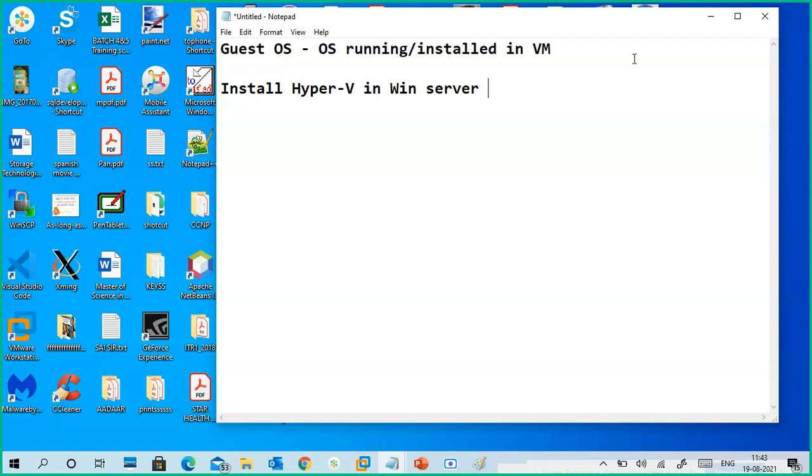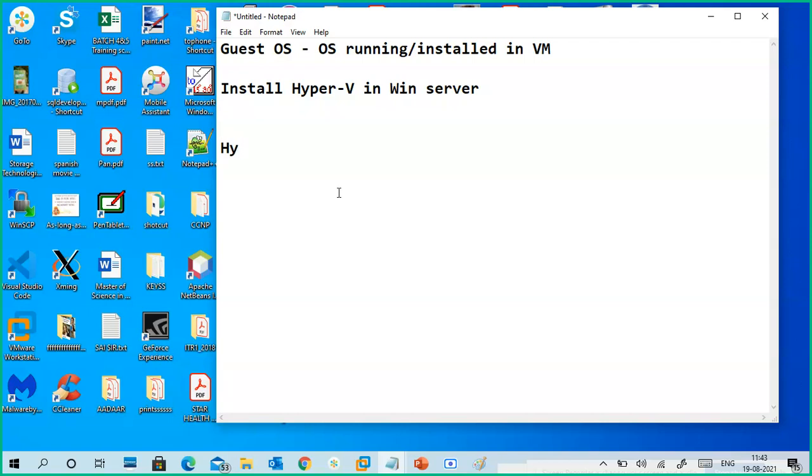Installation of Hyper-V is the same, and I already told some conditions. 64-bit is compulsory: 2008 64-bit, 2008 R2, 2012, 2016, 2019. All these are 64-bit machines only.